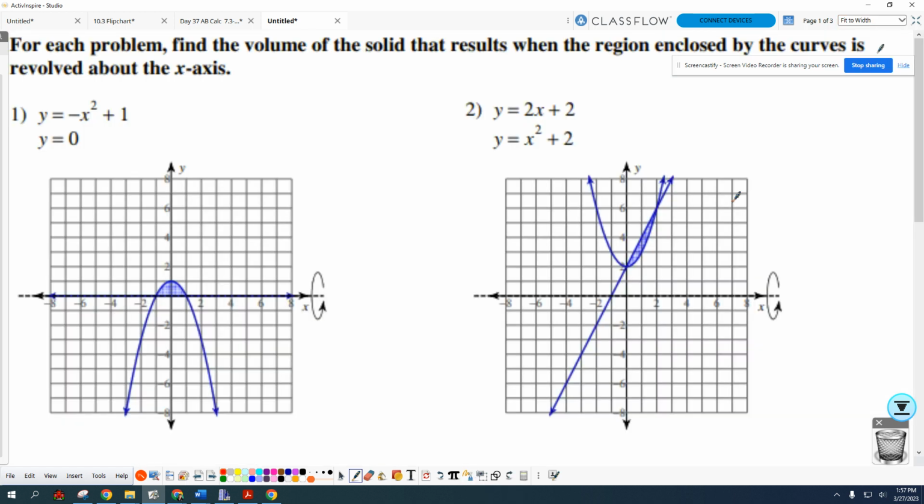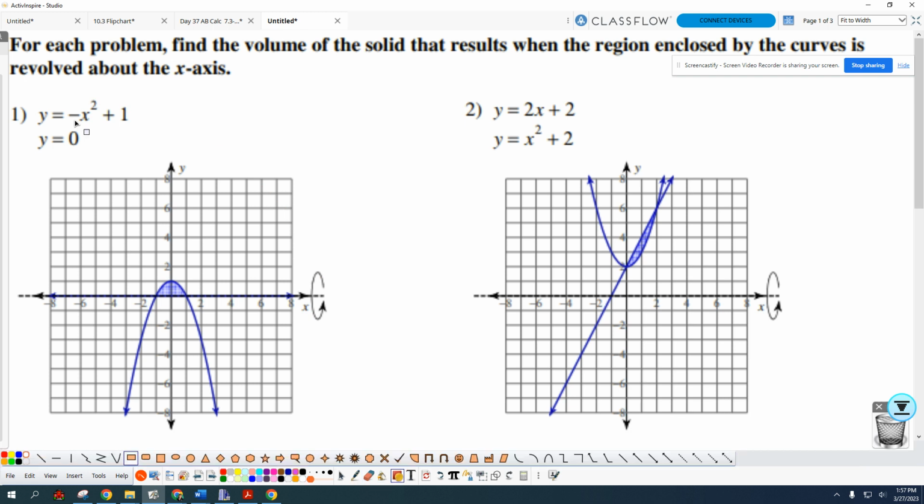Okay, so this guy, giving you the graph, y equals 2x plus 2, and you do need to be able to graph these on your own, and y equals x squared. First thing,